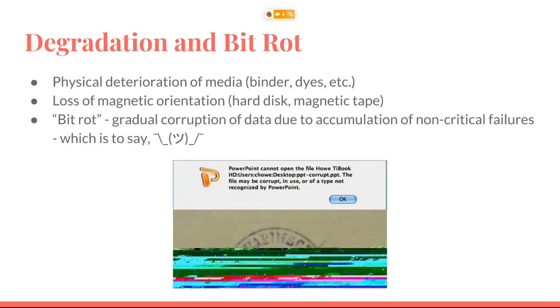Bit rot, you'll see a lot of different vague terms for what bit rot is. Some people will just use that to refer to digital loss and loss of digital data at all, for any of the reasons that we're talking about here. I think that it's a little more helpful to think about it as this scary concept of gradual corruption, which is to say we don't often necessarily know how to pin down what bit rot is